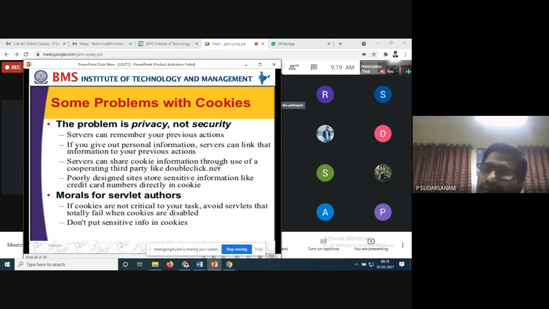Those who are developing, like Amazon Prime and all these, should give security to the users. For example, once you buy something, if those people share your information, what will happen?